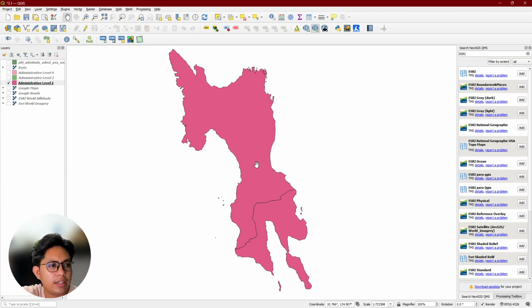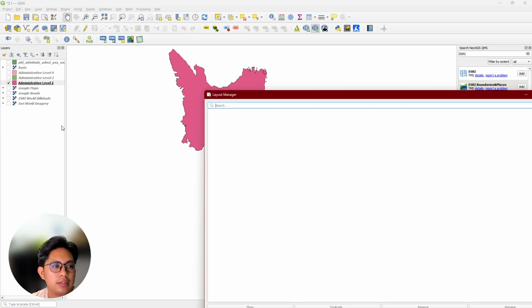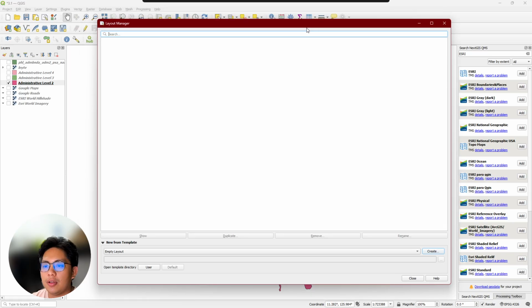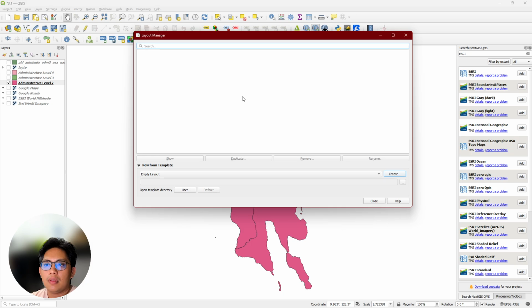So focus on later first because that's our core. Project layout manager. You'll be prompted with this window. Wala pa may layout, obviously. So here you create one.